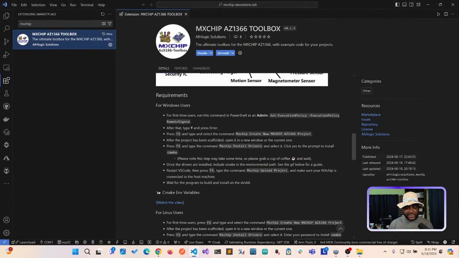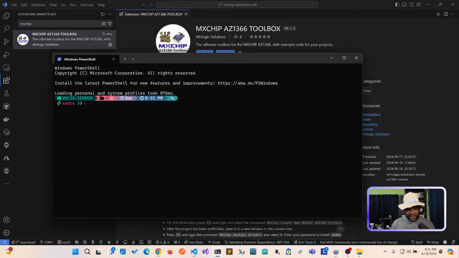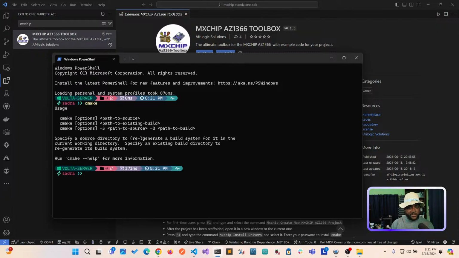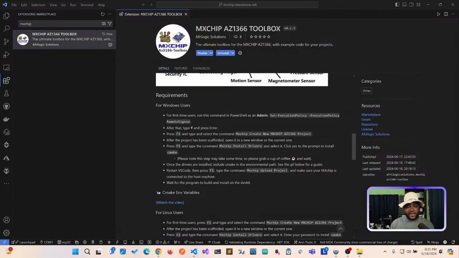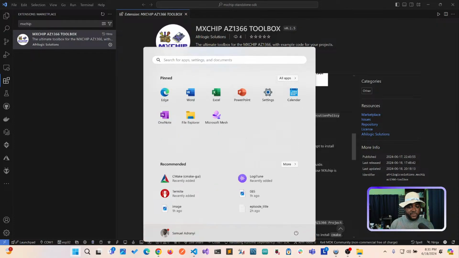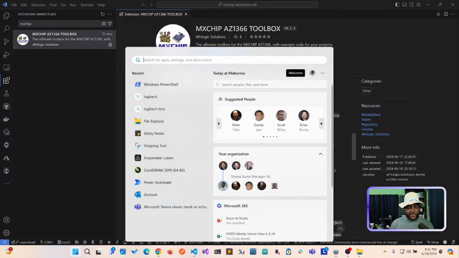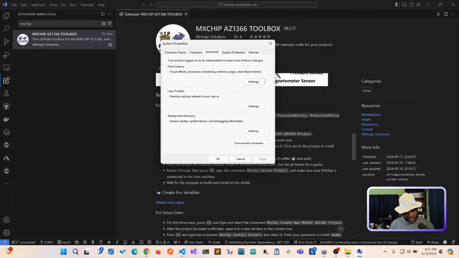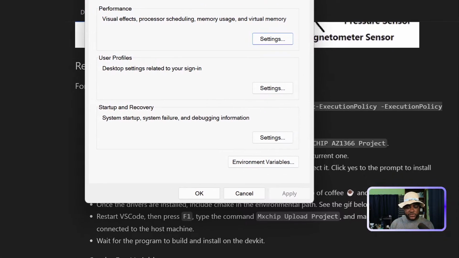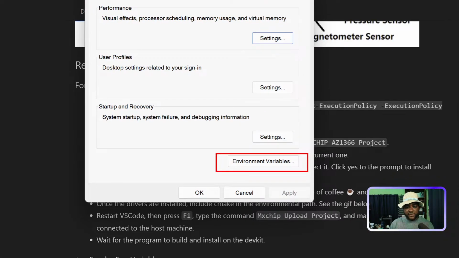So to test this, I will just open my terminal and I'll try CMake. So at least I can find CMake. Yeah, CMake is there. Now, if you don't know how to do it, click on your Windows button and type environmental variable, and you can see edit the system environmental variables. This is going to pop up. On that page, go down and click on the environmental